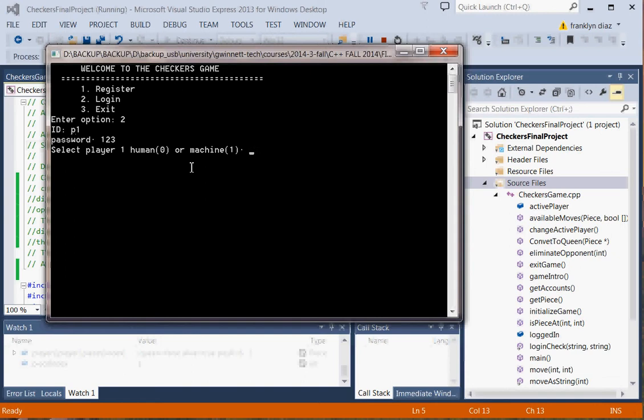Now we're asked for the players, if it is a human or a machine. Player 1, we're going to set both players as machines to show you how the game works very fast. When I hit enter at this point, the game is going to start. I have a delay between plays of 2 seconds, so basically we're going to be presented with the screen